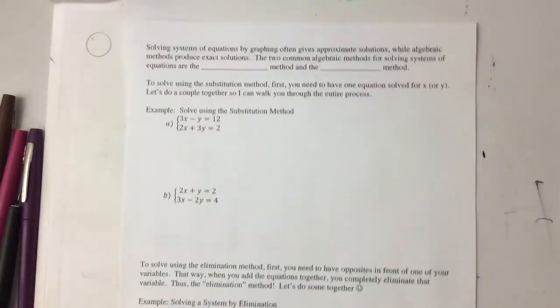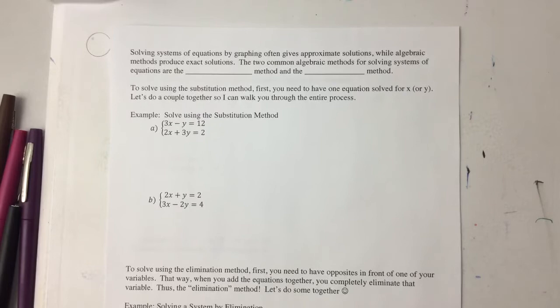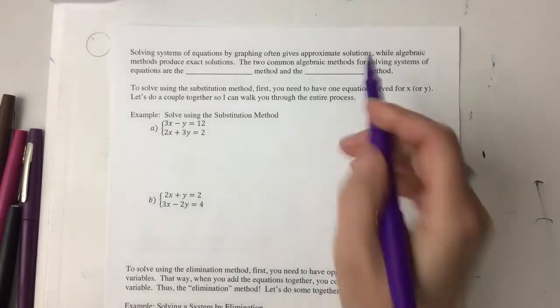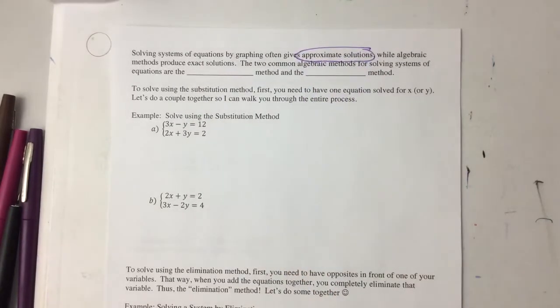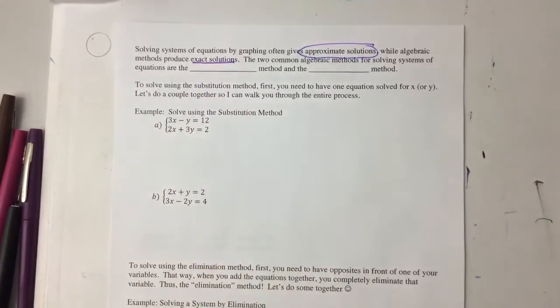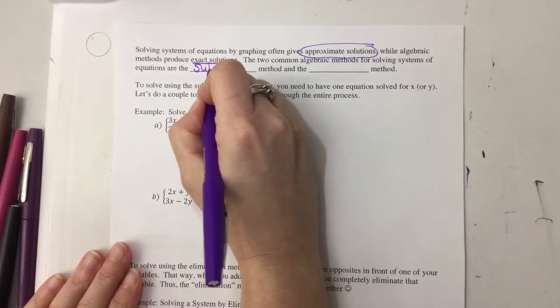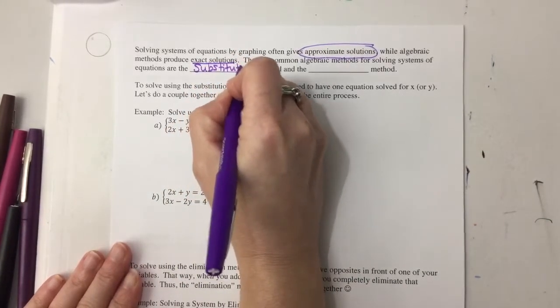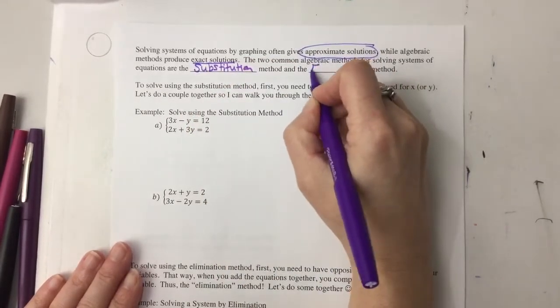All right, let's keep going. Solving systems of equations by graphing, it's helpful, but you got to keep in mind that it gives you approximate solutions. When you graph by hand, sometimes it's difficult to figure out exactly where it crosses. If you're using Desmos, you're getting those rounded solutions. If you want exact solutions, meaning keep it as a fraction, you want that exact solution, you want to use algebra to solve your systems. And when we're doing that, there's two methods we're going to look at. The first one is called substitution, and the second method is called